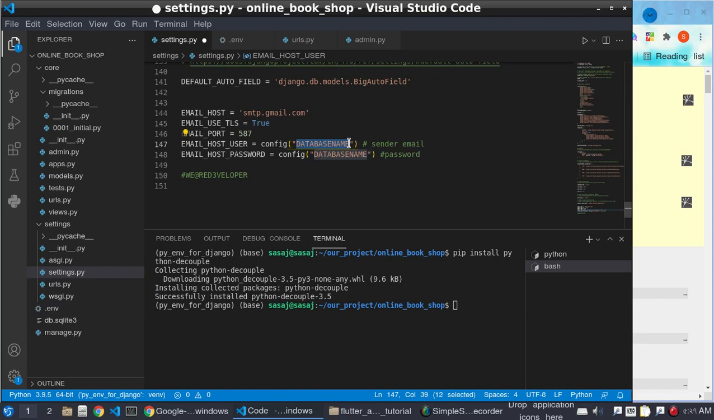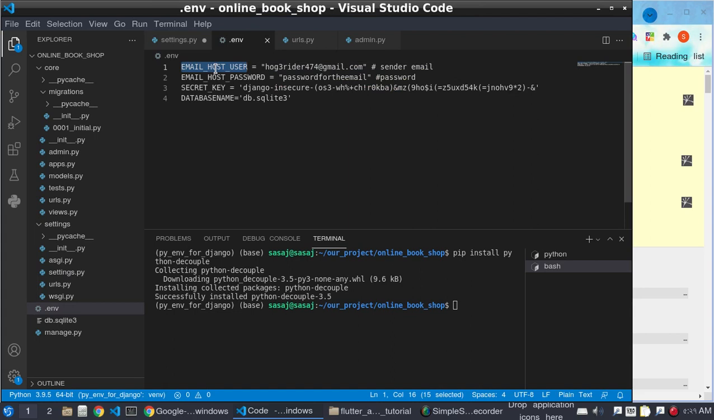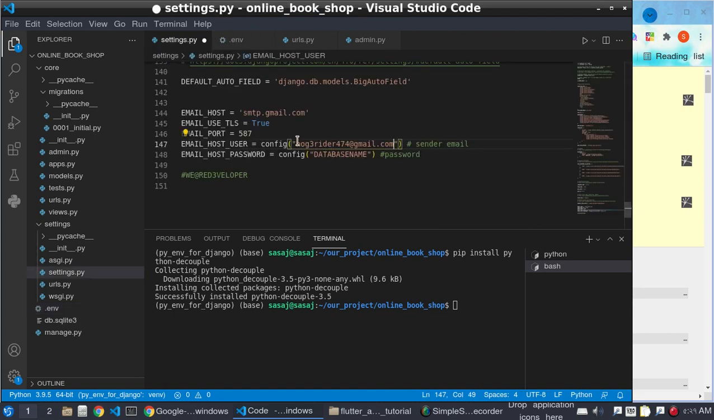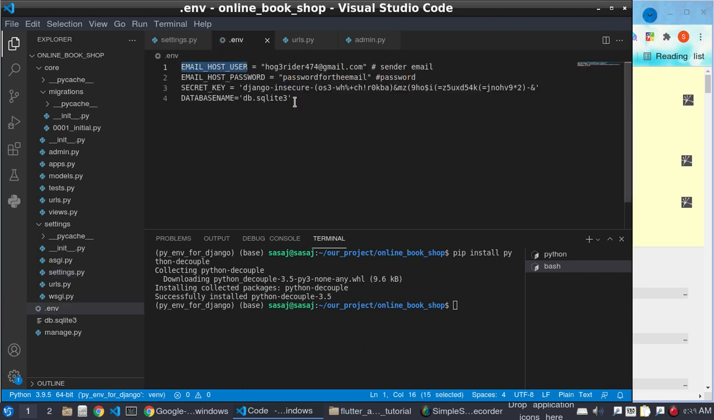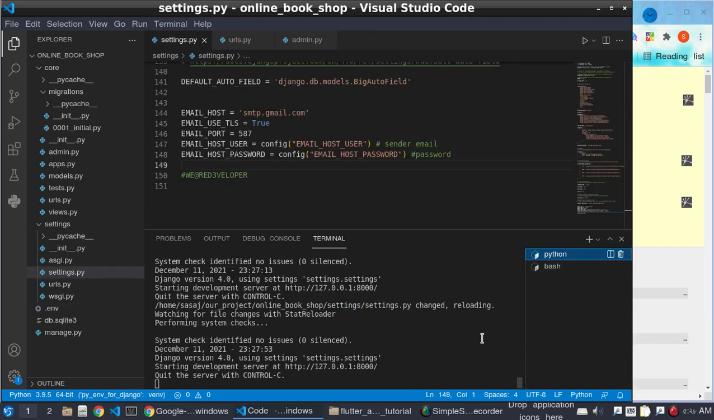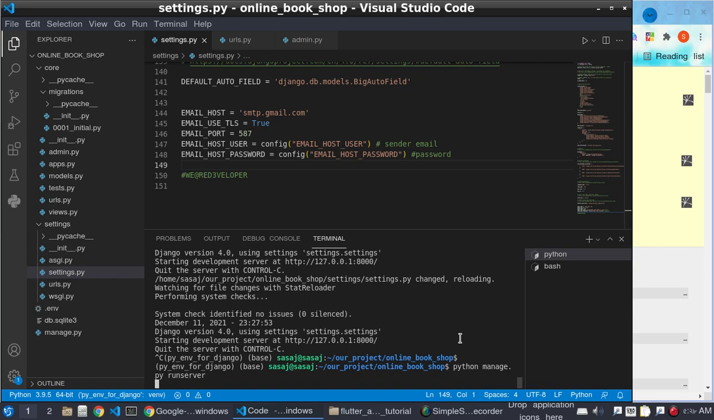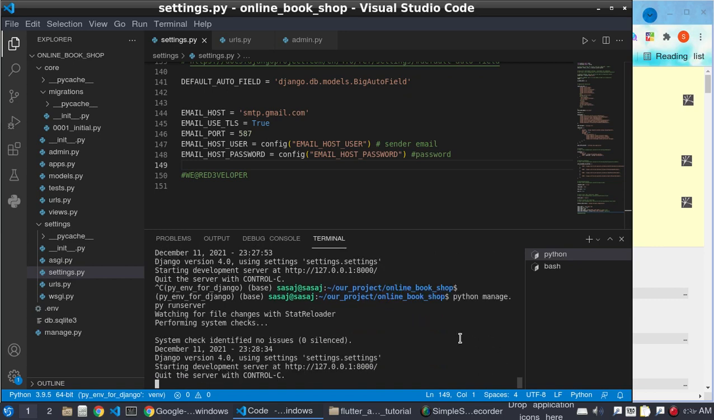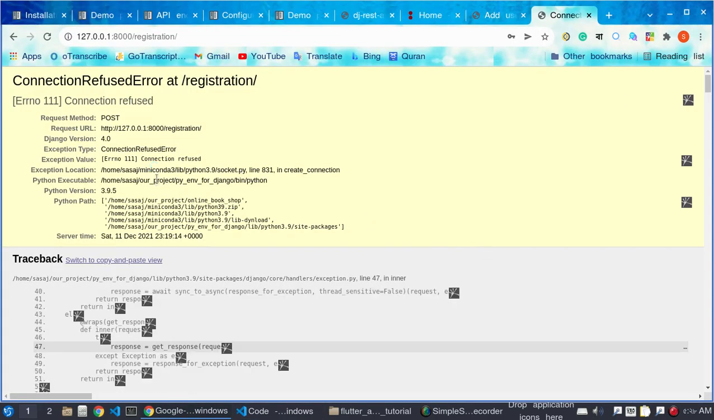Hosted email, this is the email, and this is the password. And now I will write my real password of the email. Yeah, that is great. Now if I cancel and run python manage.py runserver again, yeah, it is working now. And if I register again,